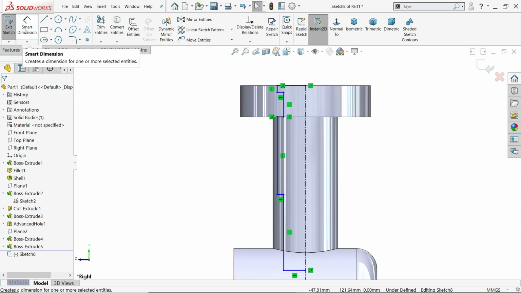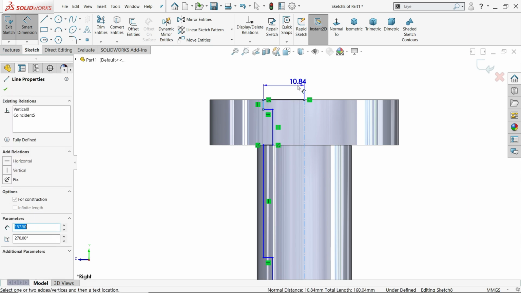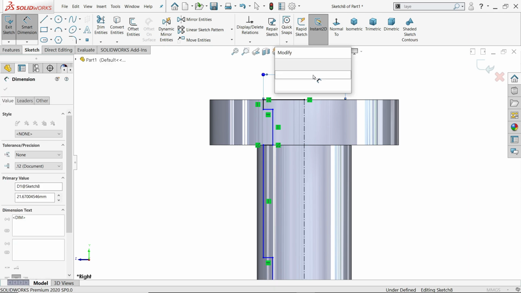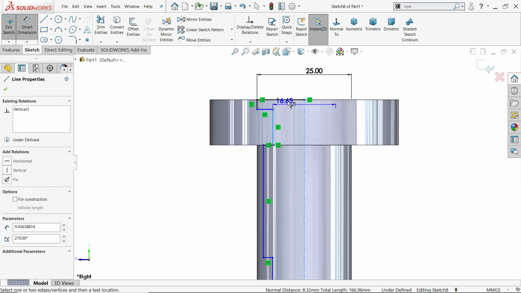Now let's activate smart dimension. First this one and select this center line. If you move cursor beyond center line, see it will show you diameter. This diameter 25. Enter. Similarly select this line and this diameter